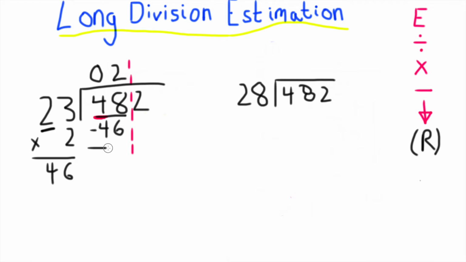We're going to subtract to get a remainder, and as always, we're going to check to make sure our remainder is smaller than our divisor of 23. If it's the same as our divisor or bigger than our divisor, speaking about the remainder, then we know our guess here is too small. We need to go bigger. But since 2 is definitely smaller than 23, we are good, and we can bring down the 2,